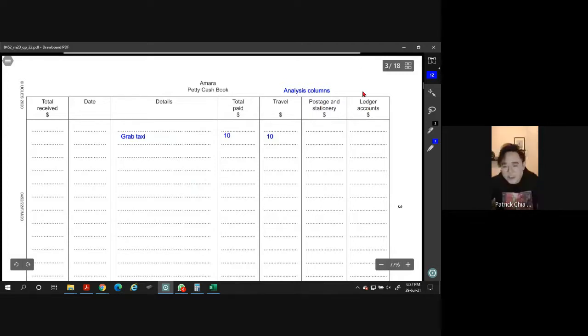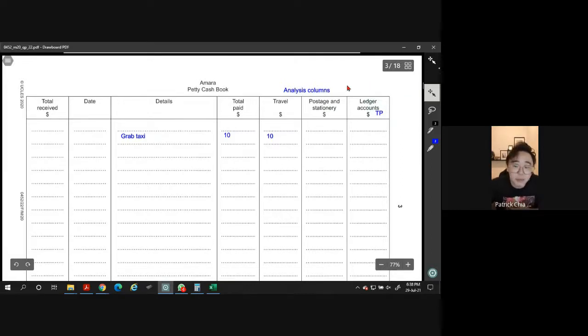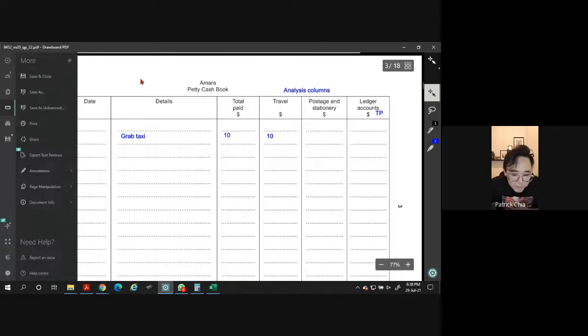So obviously, we need to know the ledger account. So what do we put under ledger account? So this is all our payables. Yes, sometimes we also use petty cash to pay our supplier. So when you see ledger account, these are referring to the payables account. Okay, so that's important. All right. So the petty cash book is quite easy, right? So are we doing one question here? Let me go through the tips first, yeah. Envelopes. So yep, envelopes. Where is it?